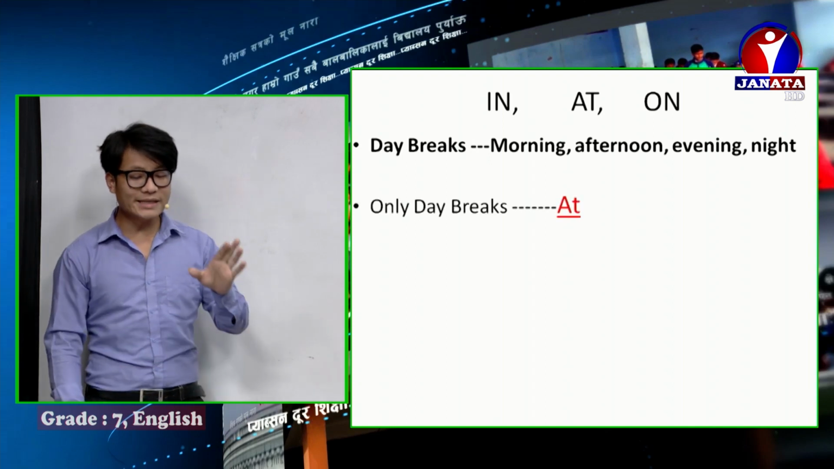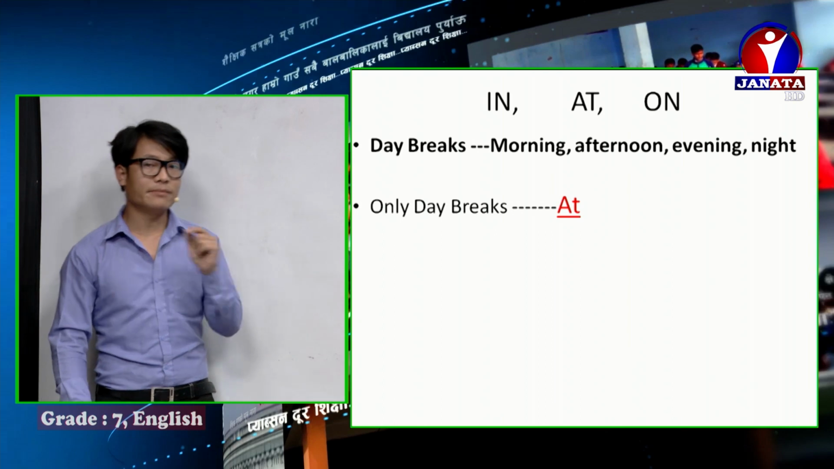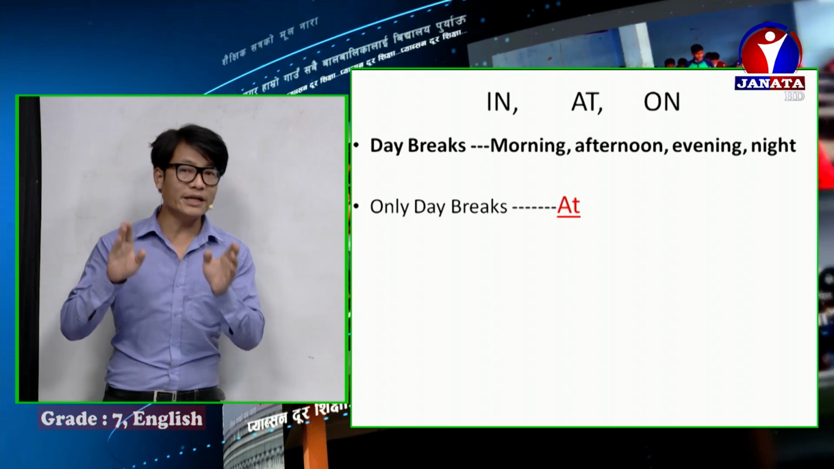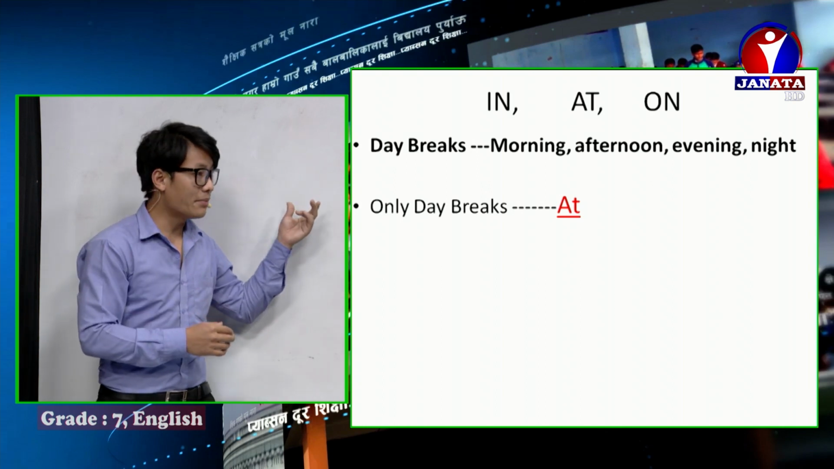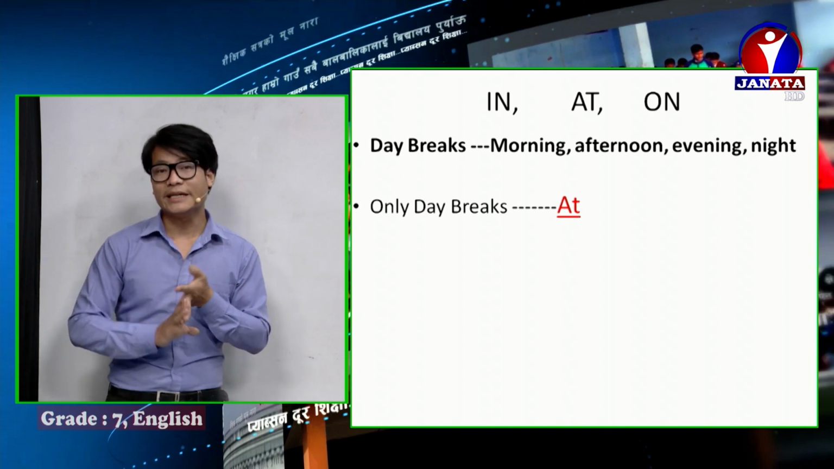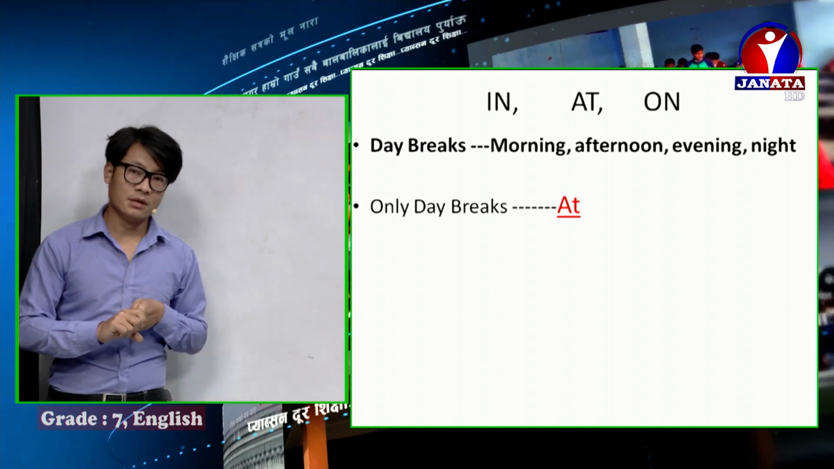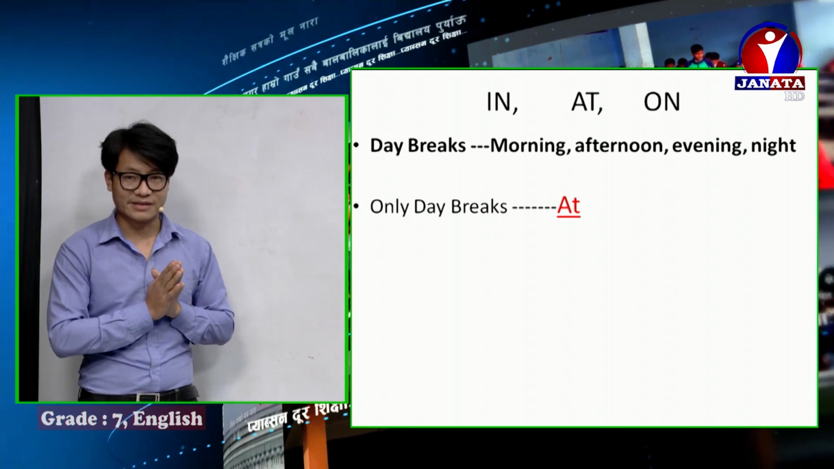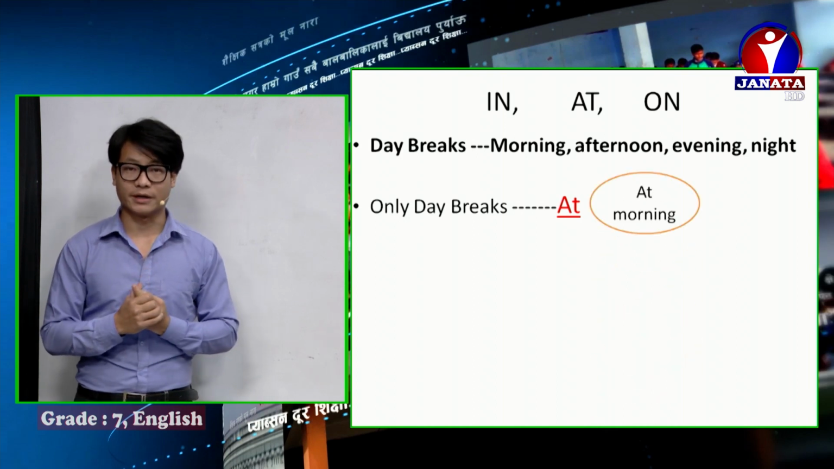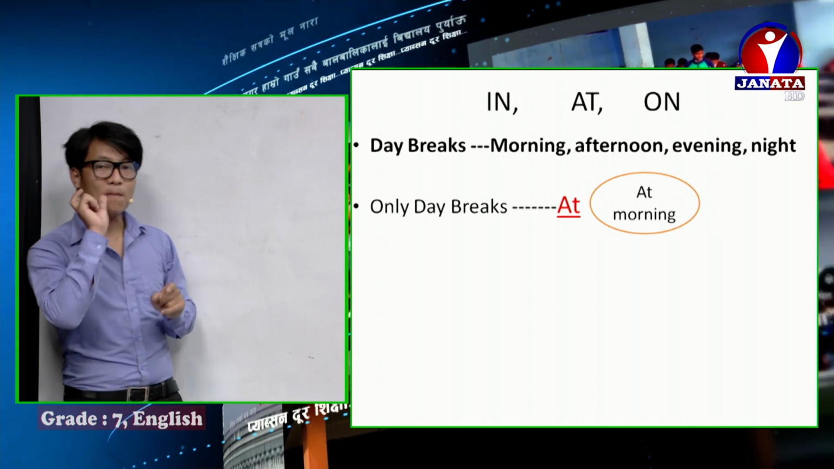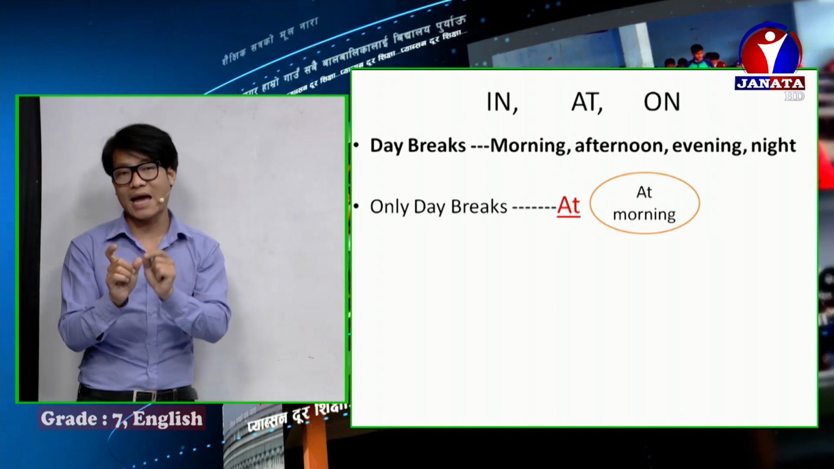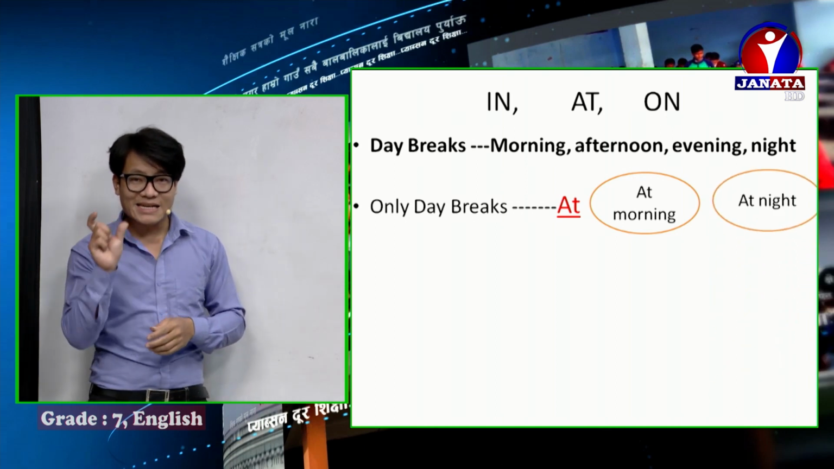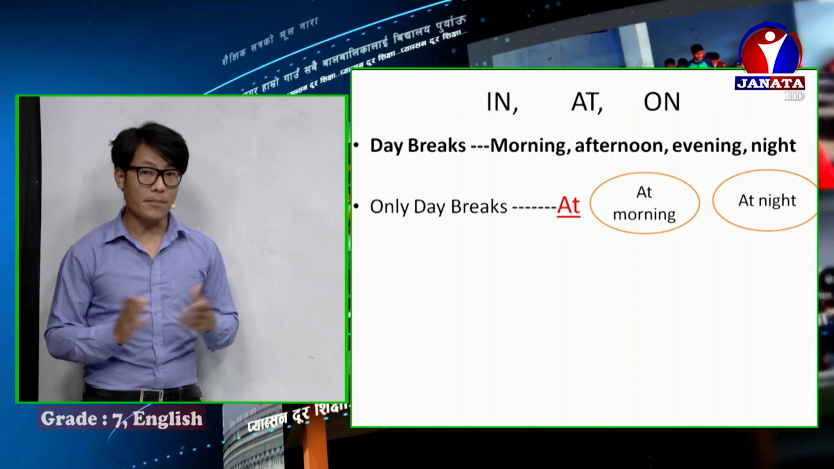If there is only a day break, then we should use the preposition at. I have shown you the examples: morning, afternoon, evening, and night are day breaks. And if there is only a day break, then we use at. Let's have an example, like at morning. There is just morning, so we should use the preposition at. At morning, at night, at evening, at afternoon. But